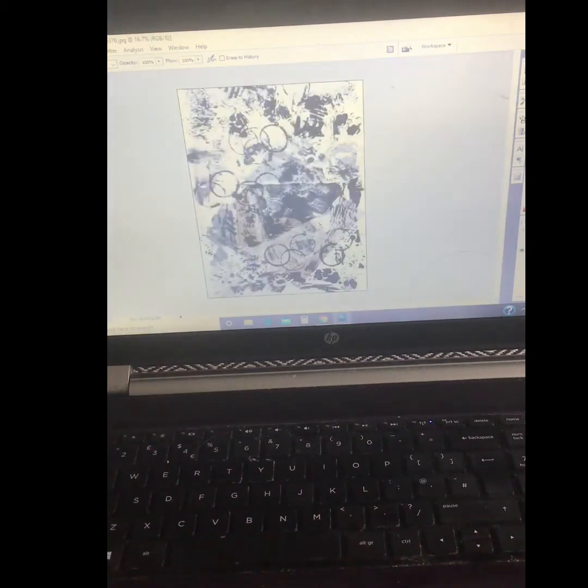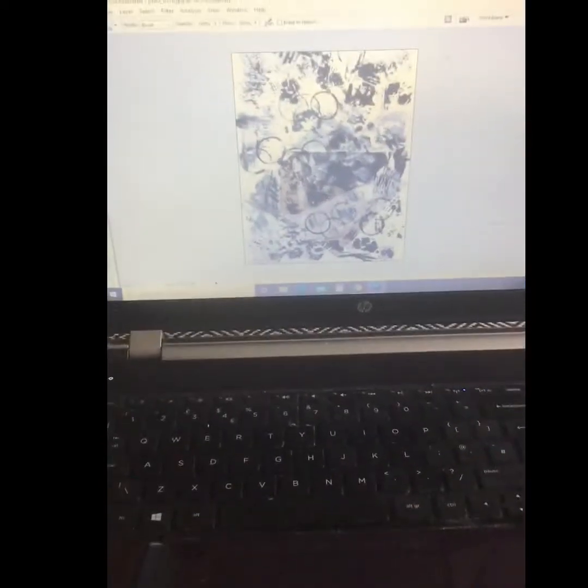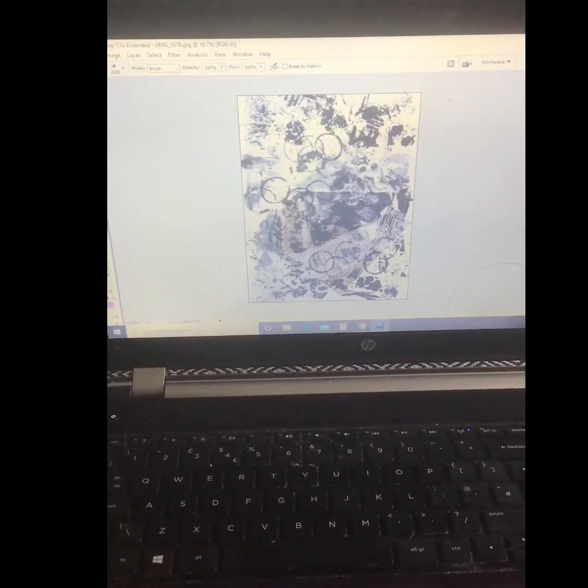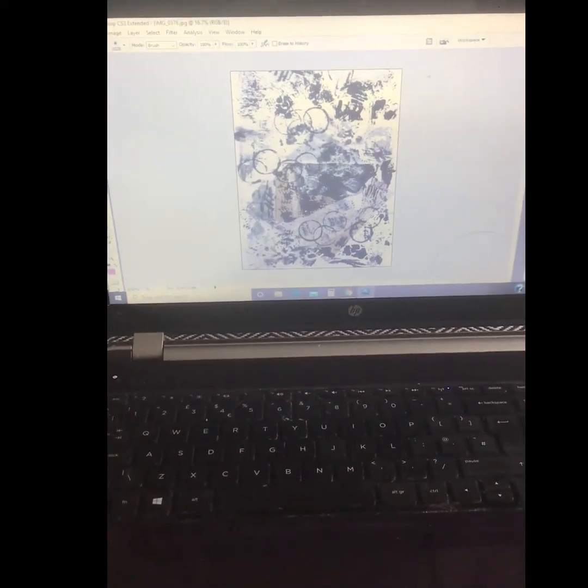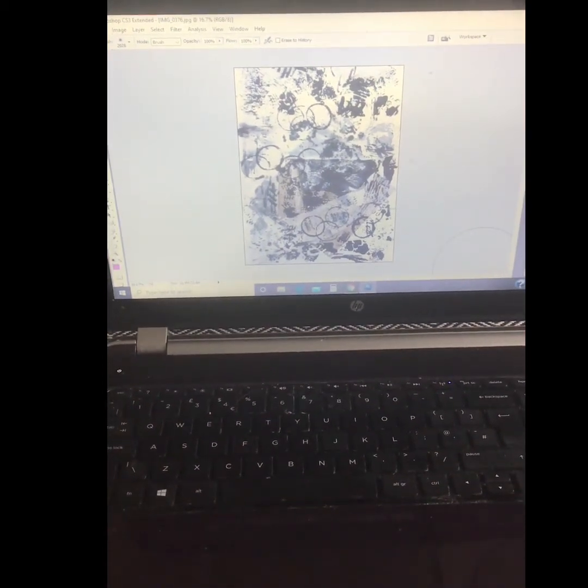When you click open, it may take a wee while. Photoshop is sometimes quite slow. It should appear on your screen like this. Yeah, that's better. What I'm then going to ask you to do is to make sure that you have the